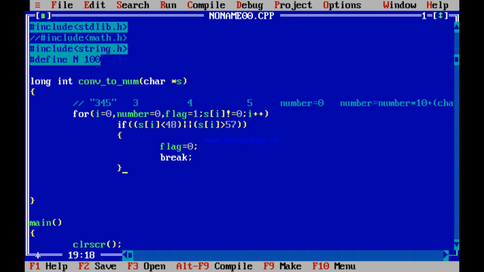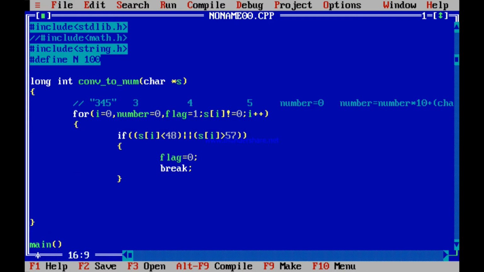Job done. Next, over here I should continue. This should in fact continue. Why? Because over here I need to do something else now, the actual things. So if flag is equal to 0, I break out, it indicates that the number is not a number. But if it is a number, your job now starts.